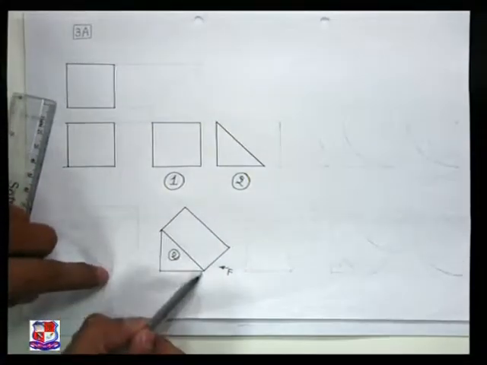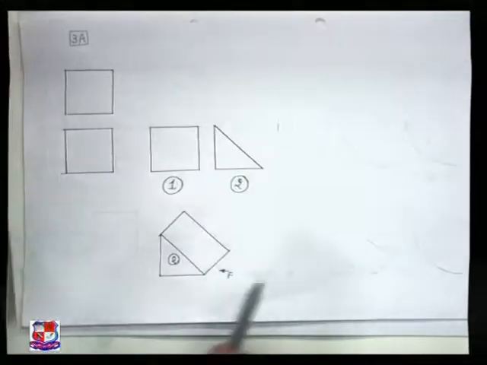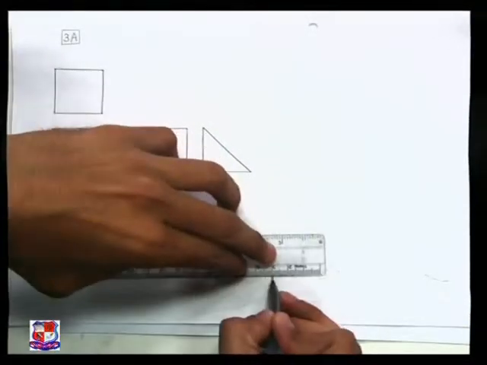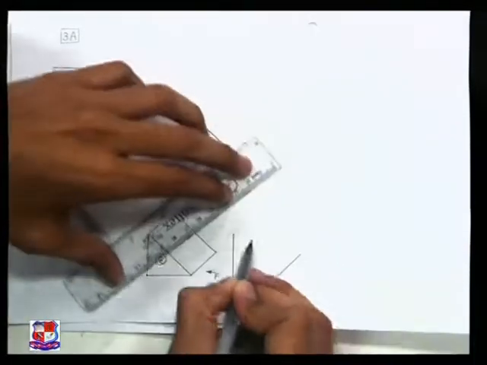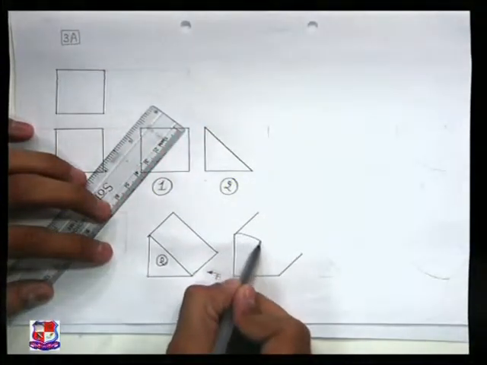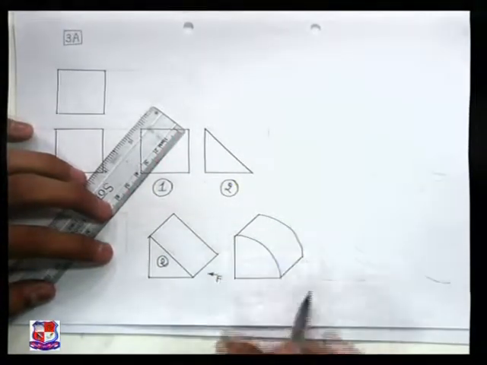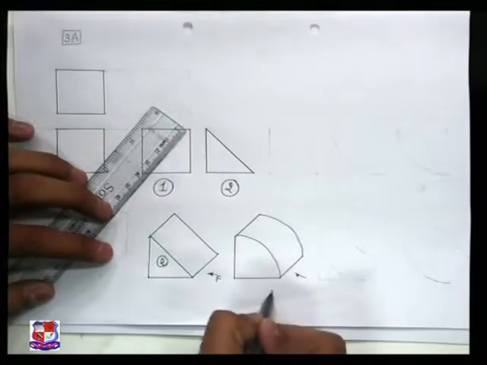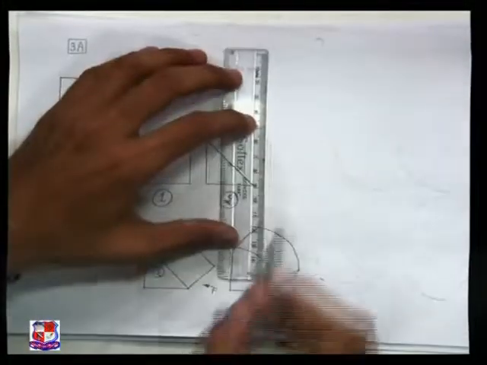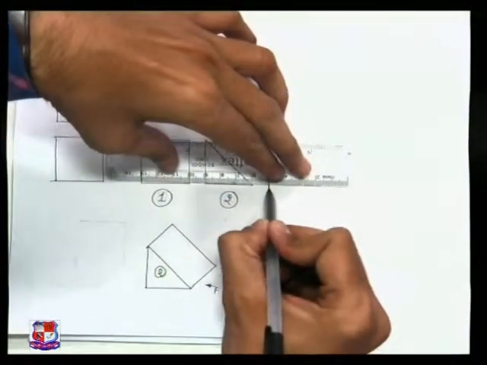If instead of this straight line, it's a curved line, then also its top view and front view would appear as a square. So its isometric view would appear like this. The edges are joined not with a straight slice but with a curved shape like this. If it is drawn like this, then also its front view would appear as a square, its top view would appear as a square, and its side view would appear like this, a quarter circle. So this is the missing view.